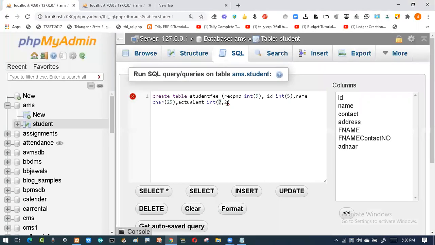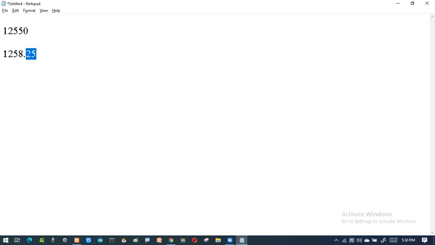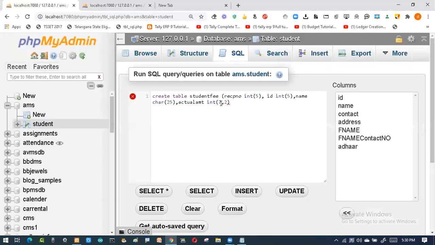That means overall it is 6, so I'll add one more number over here. Now overall it is 7. Among this, 5 are the digits before the decimal and 2 are the decimals. Here the 7 is called the precision and 2 is called the scale.